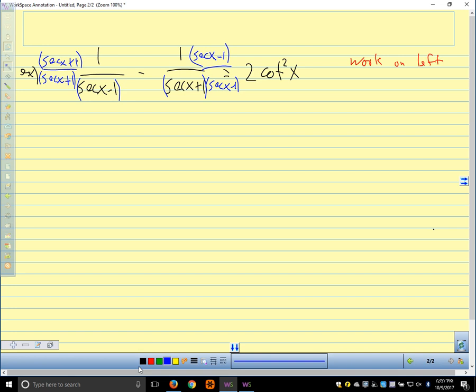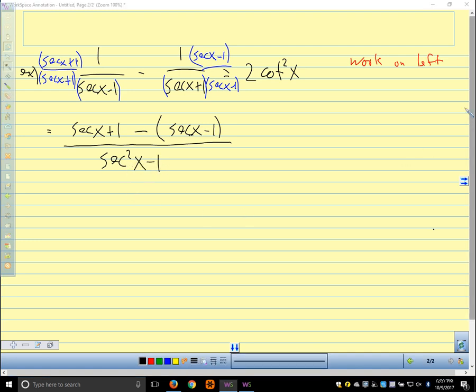Put some parentheses there. All right, so in the numerator, I get a secant x plus 1 minus the quantity secant x minus 1. And in the denominator, my common denominator, I get secant squared x minus 1. Well, in the numerator, I have a secant x minus a secant x, and so those go away, and a 1 minus negative 1. So I'll get 2 over secant squared x minus 1